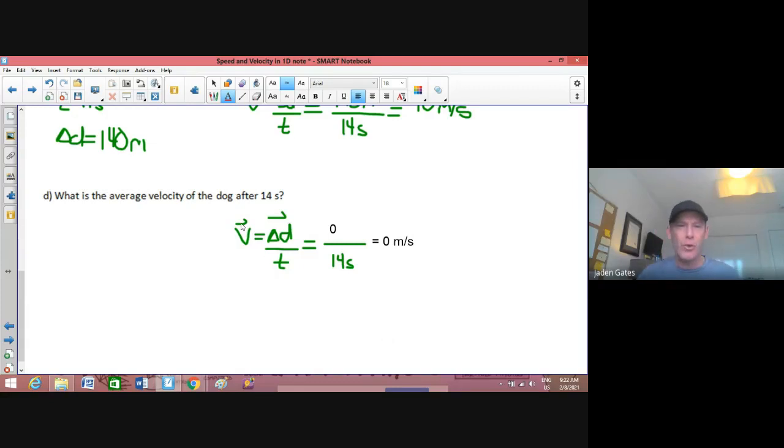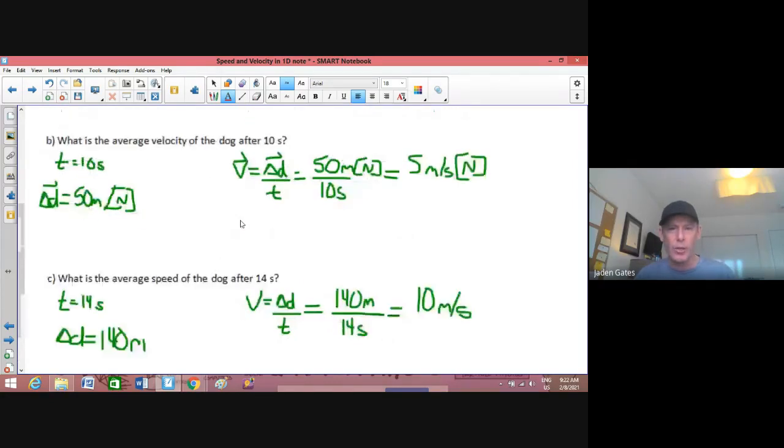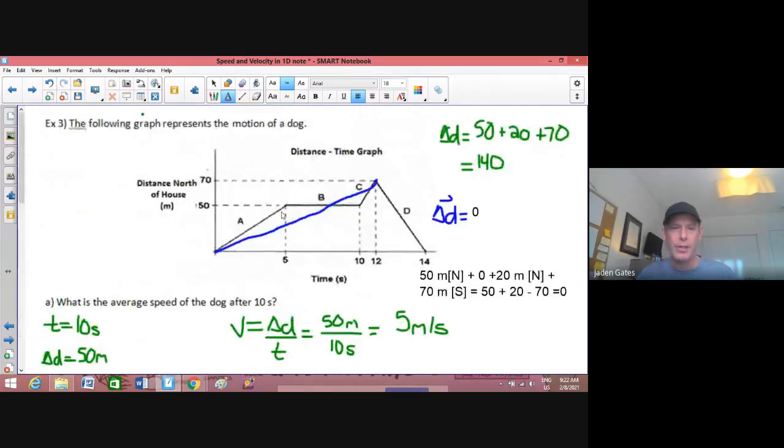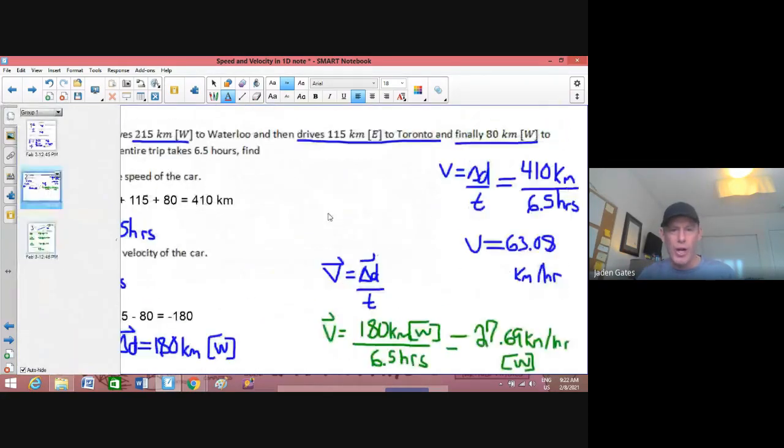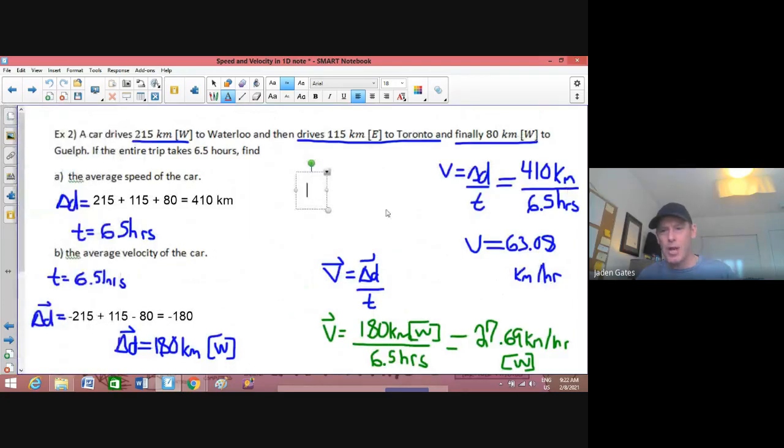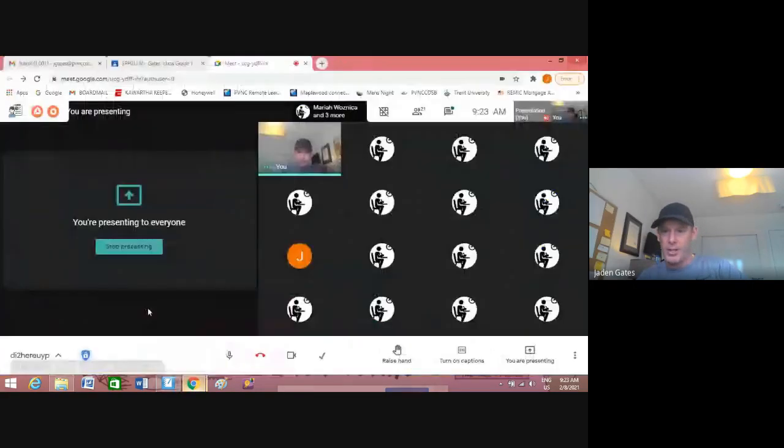All right, so that is speed and velocity. So we looked at finding it from a graph. All right, reading off a graph, and then, of course, using our equations, where sometimes the magnitude of our speed and velocity is the same, and most often it is different. All right, so let's see